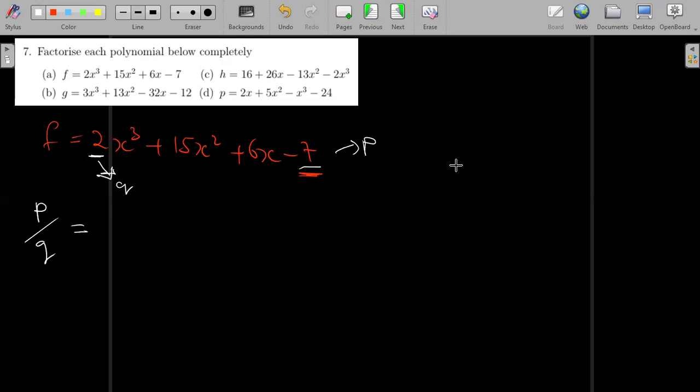divided by plus minus the factors of Q. So you look at the factors of -7: plus minus 1 and plus minus 7. Then below, for the factors of Q, you have plus minus 1 and plus minus 2. So this is what you get. Now these can give you a possible